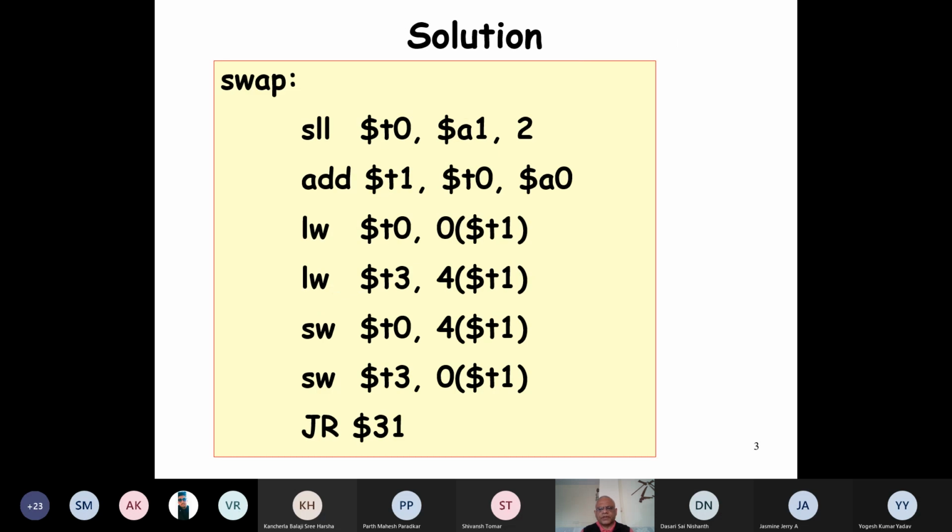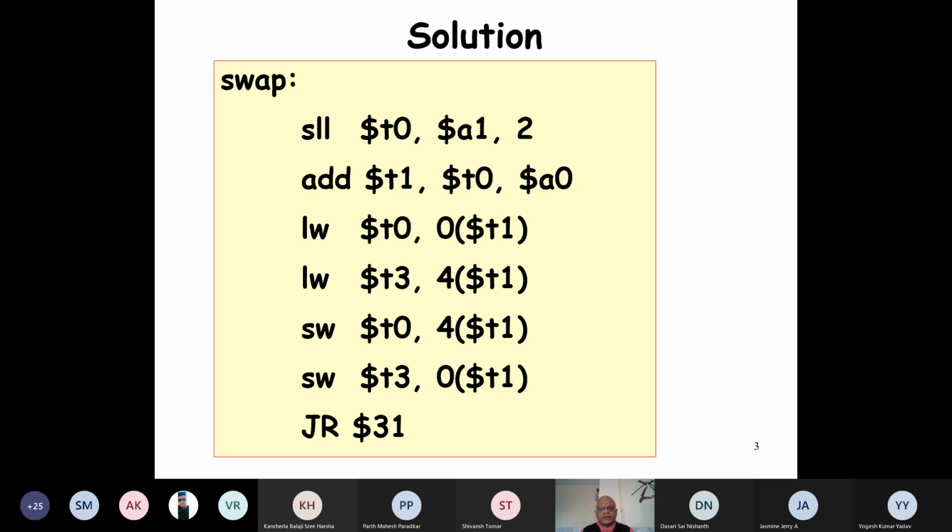We have made swap the label so that we can jump and link to swap. And then the first thing we write is the A1 register. If you remember, this contains the value of K. That is, we are going to swap the kth element and the k plus 1 element.